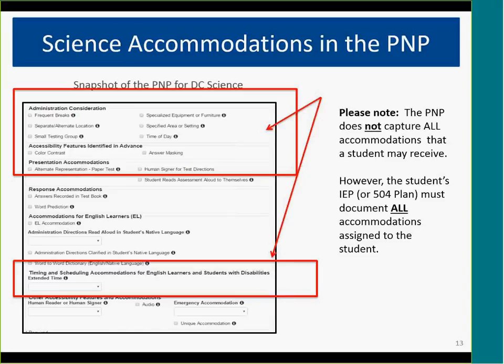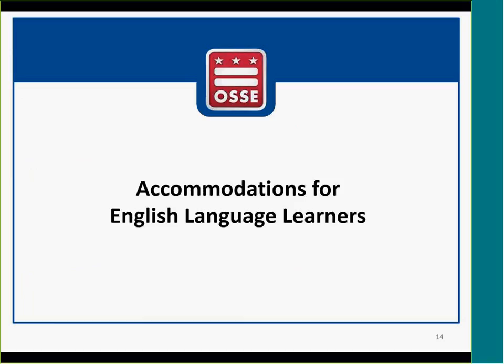Example of what the PNP, a snapshot of the PNP for DC Science. It looks very similar to PARCC, and I just want to point out the fact that the PNP does not capture all accommodations that the student may receive. However, if a student has documented accommodations in their IEP or 504 plan, then accommodations must be assigned to the student. Moving on to the next slide,